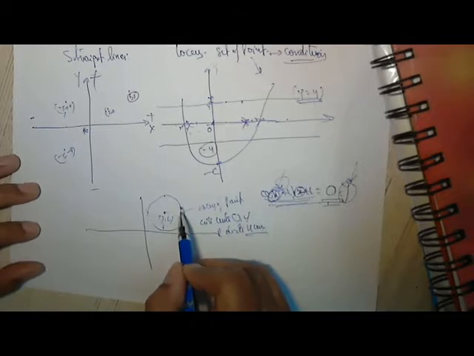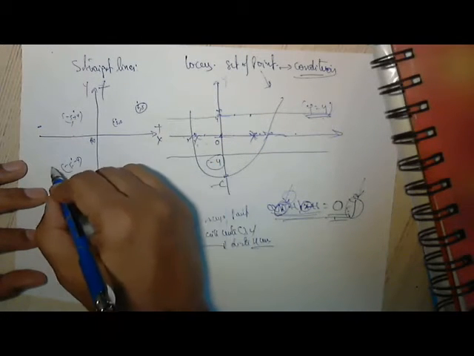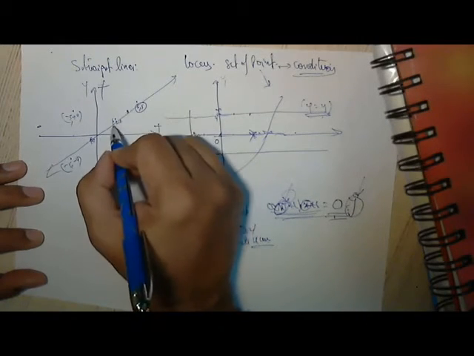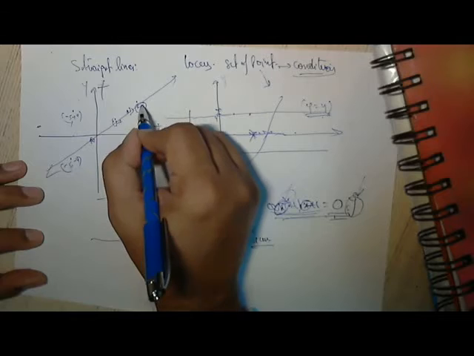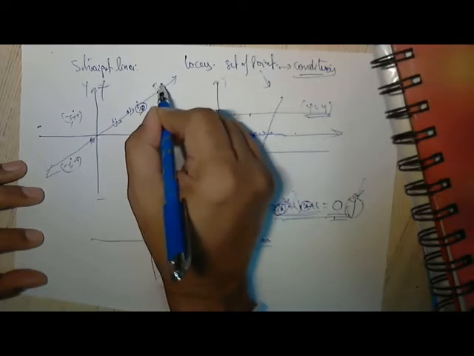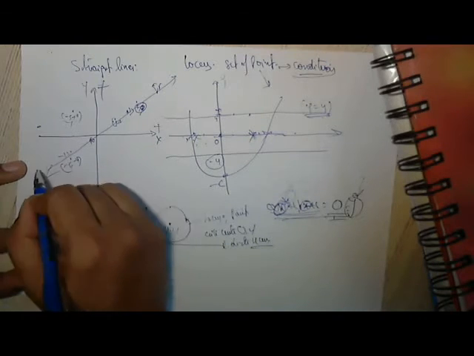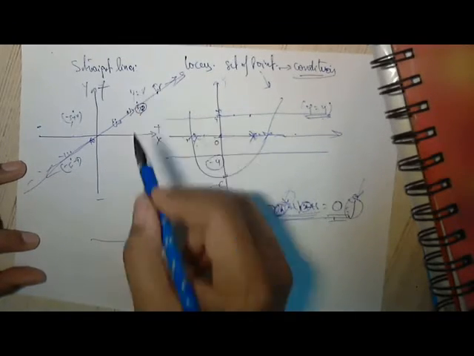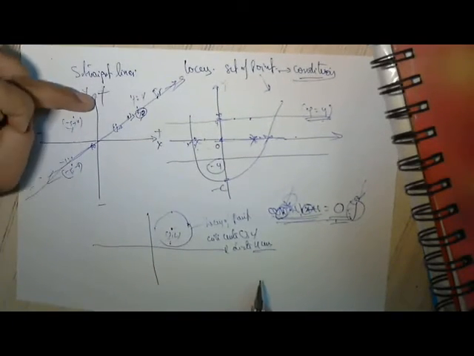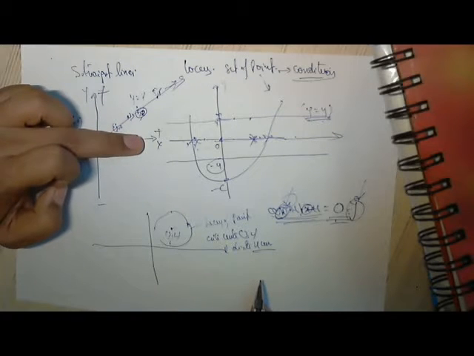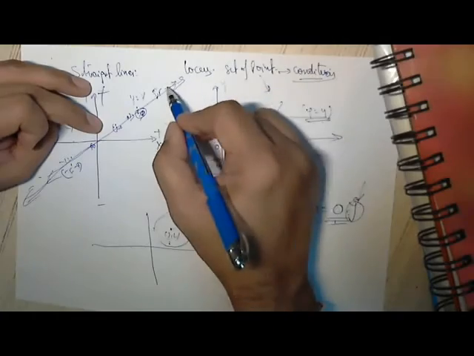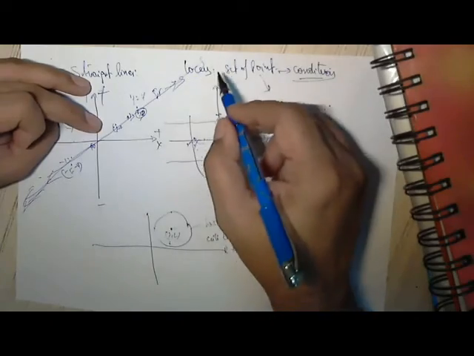Limited or unlimited points? Let us see the locus of a line where x is equal to y. Here x is equal to y: (2, 2), (3, 3), (5, 5), (-2, -2). So y is equal to x. So this is the locus of points where the y coordinate is equal to the x coordinate. Is this line a finite or infinite number of points? It will go to both sides to infinity.